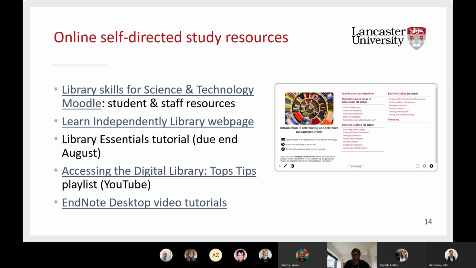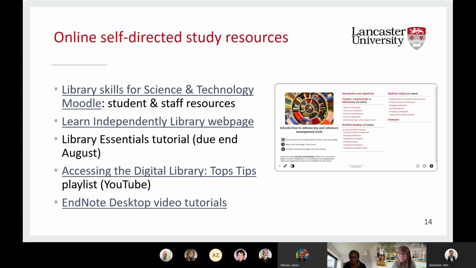I've only done this because I've got a bug at the moment, in the bottom right hand of my screen, and they're looking at it for me tomorrow, so I can't put anything in the chat at the moment. This all sounds very exciting, thank you very much. I will go and check, but is there also one on using databases like the MLA and the Web of Science, etc.? Is there a little Panopto thing on that yet?